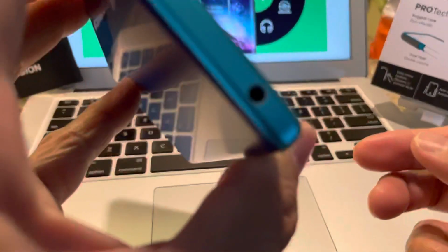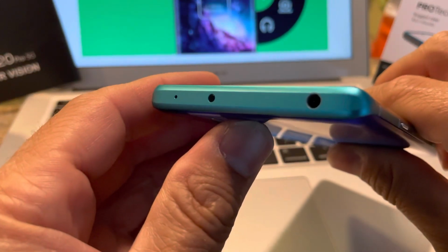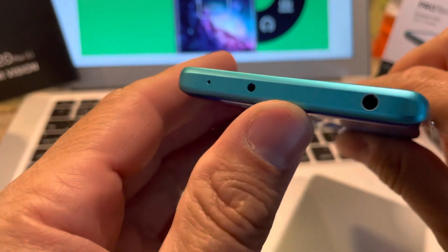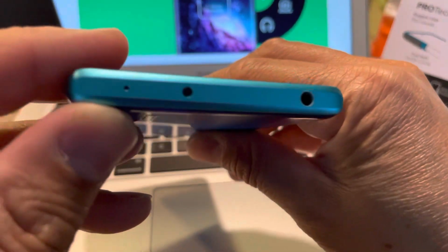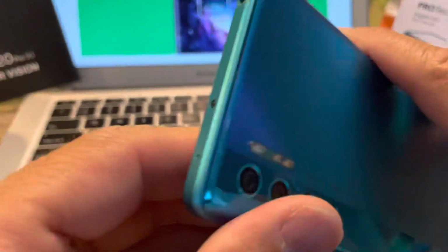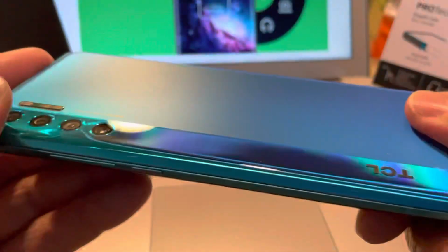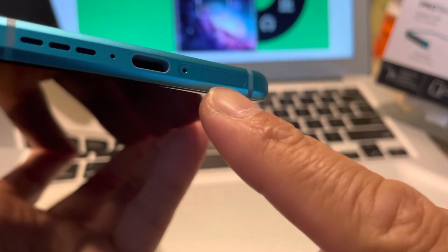My guess, look at that at the top. TCL is still doing it. Look at that at the top. Headphone jack. And what? IR blaster at the top. Oh, I'm gonna have fun with that. Then we got a microphone. I like the color. The color got me. The color real nice. And on the bottom, we have USB Type-C, the SIM tray that houses the SIM card,